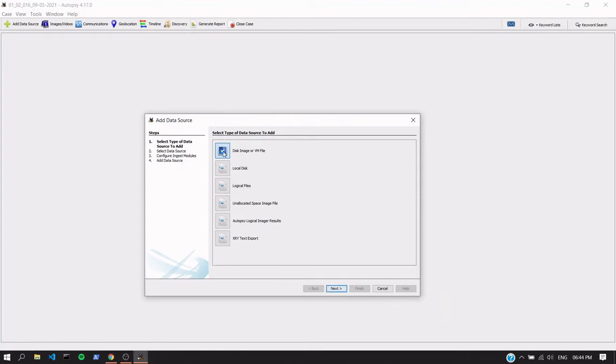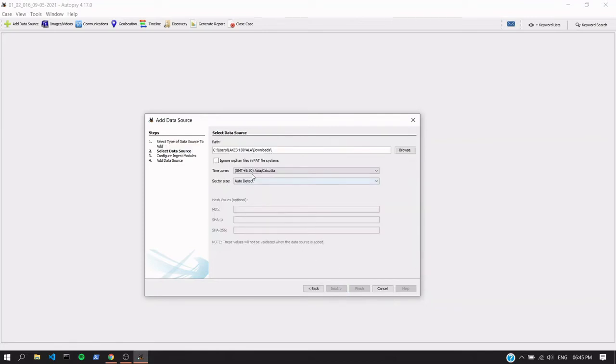Now we want to add the source on which we want to run the investigation. Here we can use a local disk, logical files, or an image file. We are using a disk image, so we will go next with that.